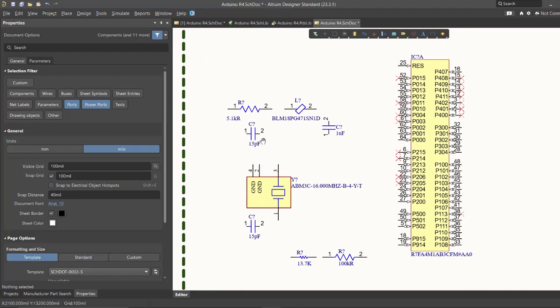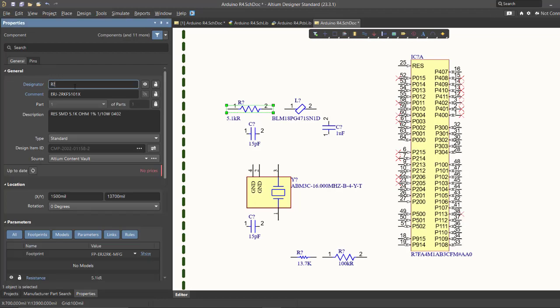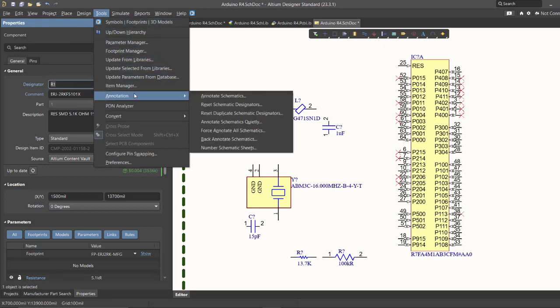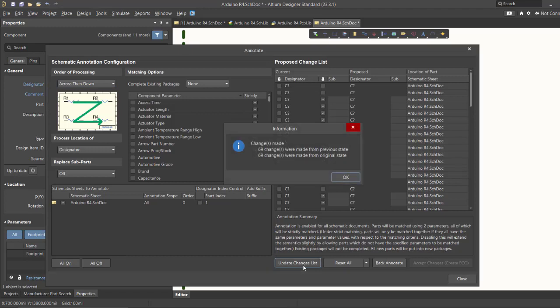So to change the designator of your component, you can double-click the component and change manually the designator in the Properties panel. Or you can assign it automatically by clicking the Tools, Annotation, Annotate Schematics, then click on Update Changes List,